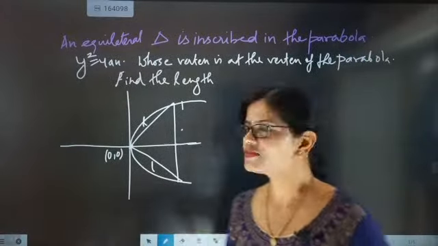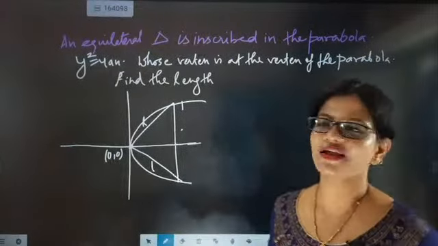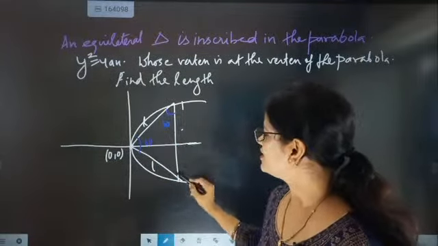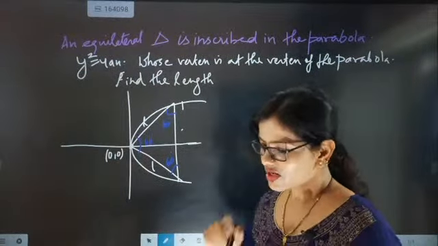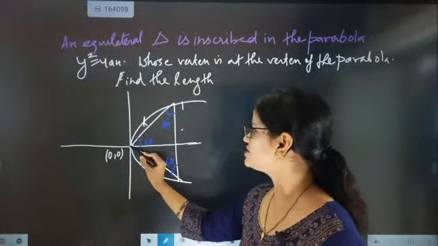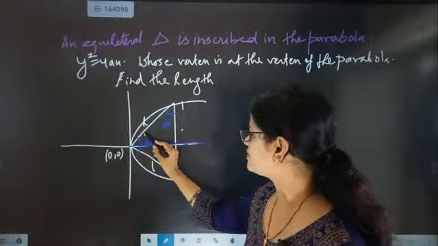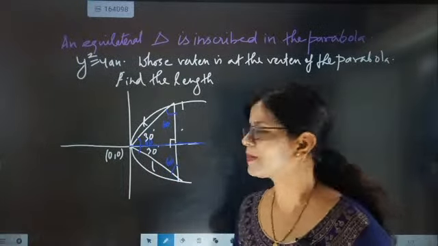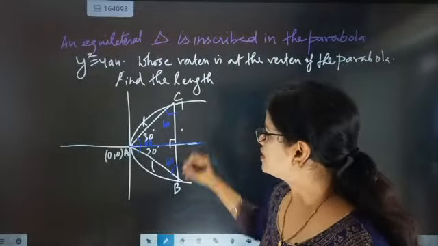So now look here, we know that each angle of an equilateral triangle is 60 degrees. So all the three angles are coming as 60. Since its vertex is lying on the vertex of the parabola and the axis is cutting this into two equal halves, this angle will become 30 degrees, and this angle will come 30 degrees. This is coming as 90 degrees. Now this is A, this is B, this is C, and this is D.